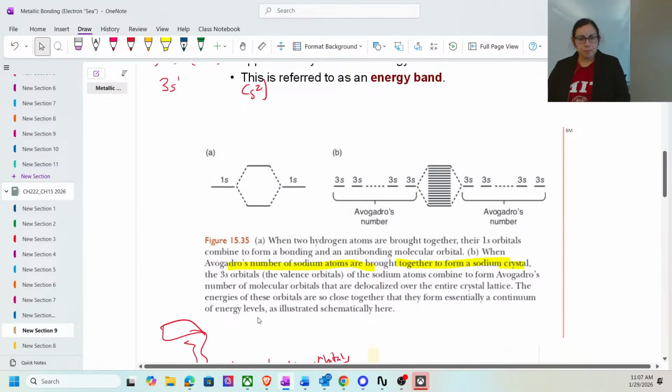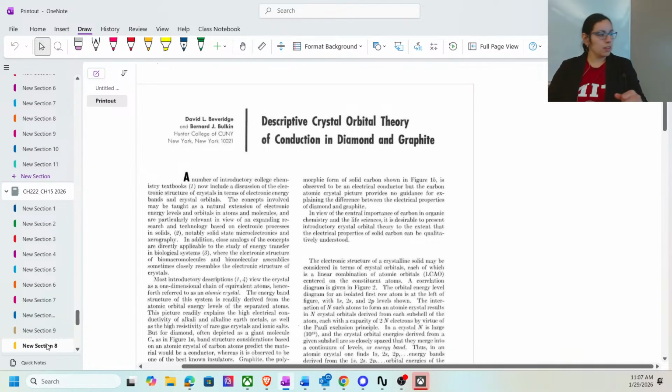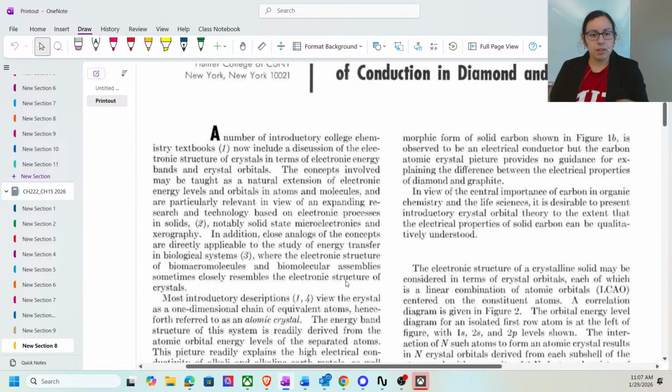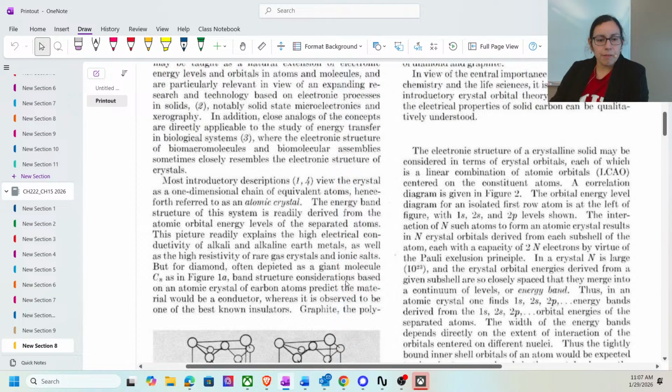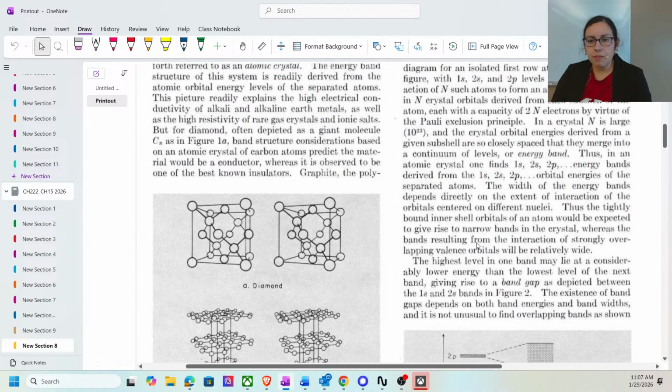So that's where we're going to switch to the paper now, because I think this does deserve good treatment. So we start off with our alkali metals. And so it gives us, right, the